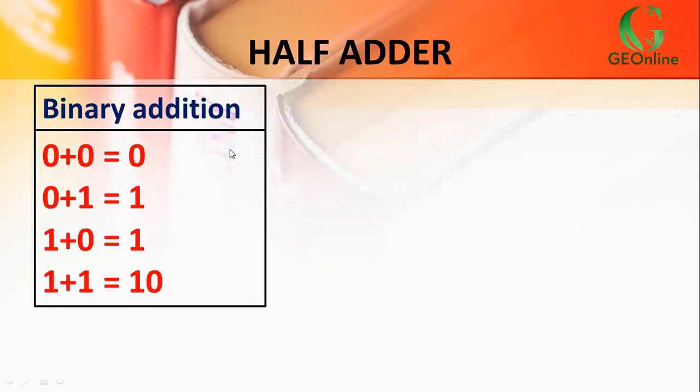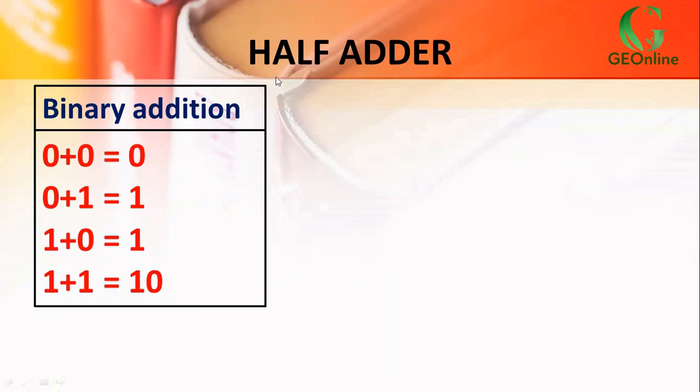In the binary number system, we have only two digits, 0 and 1. So 0 plus 0 is 0, 0 plus 1 is 1, 1 plus 0 is 1, and 1 plus 1 is 1, 0. It is not ten, it is one-zero. So the next digit after 1 in the binary number system is 1, 0. The next digits are 1, 1, 1, 0, 0, 1, 0, 1, and so on. So an adder is a circuit which is used to add binary numbers.